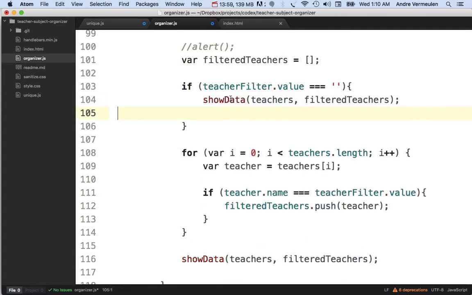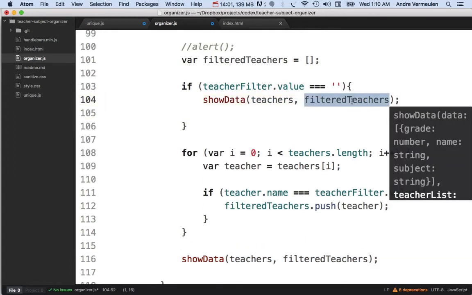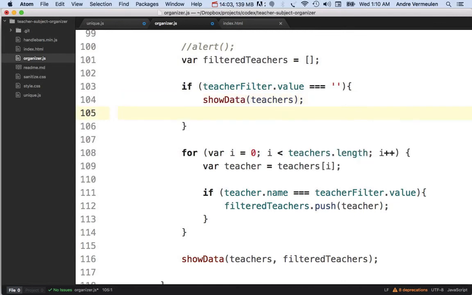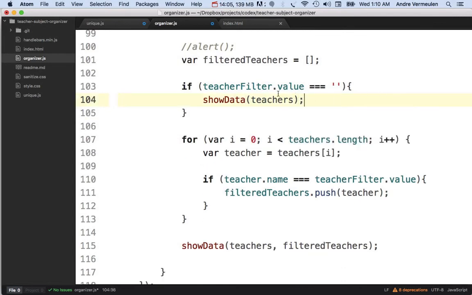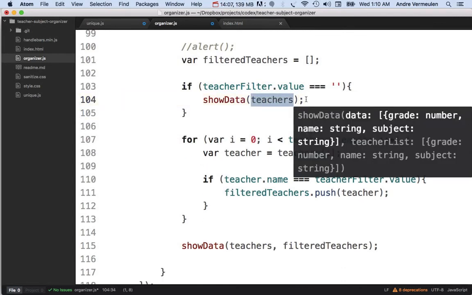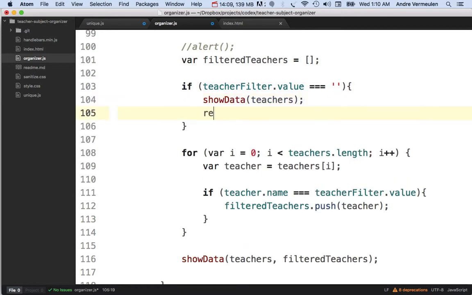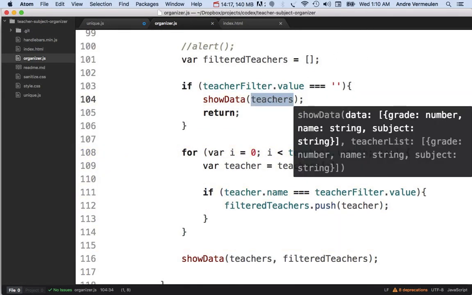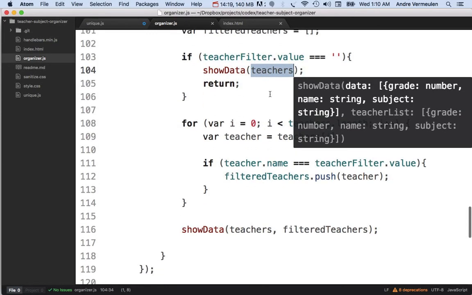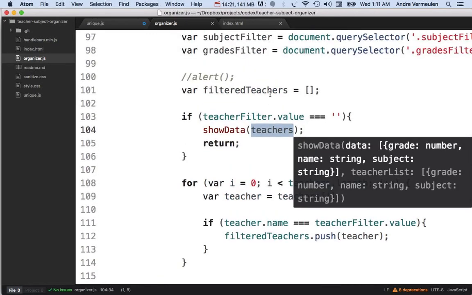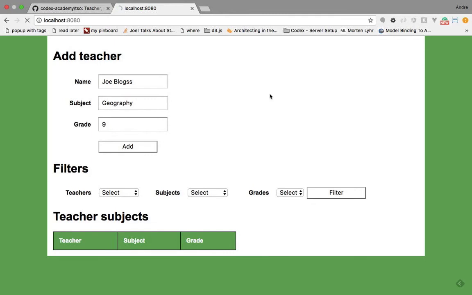And in this case I actually want to call it with one function, because I want to default the second one to this one as well, so then show everything. So when this is happening, I would like to return. Okay, so that means it's not executing any of this code down here. I'm just showing the data and I'm getting out of this function. So let's see what's happening. So if I do Control R,